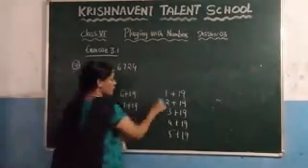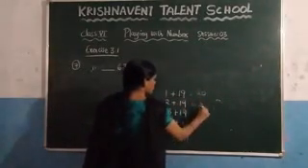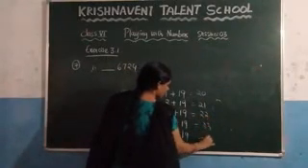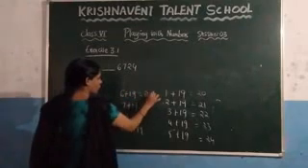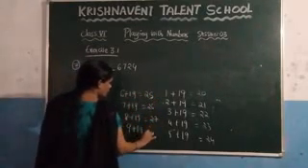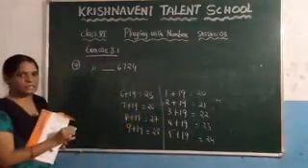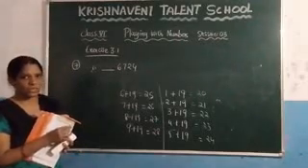So now calculate it. What you get here is 20, and 19 plus 2, which is 21. Here you will get 22, 23, 24, right? Here 25, 26, 27 and 28. So after calculating you will get these results. Among these numbers, which number is divisible by 3? You need to check it.